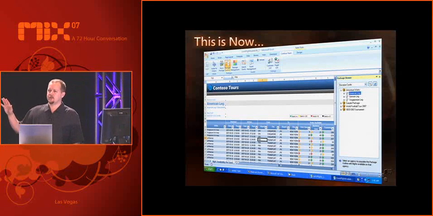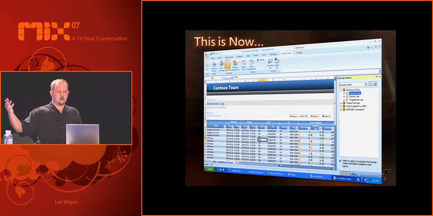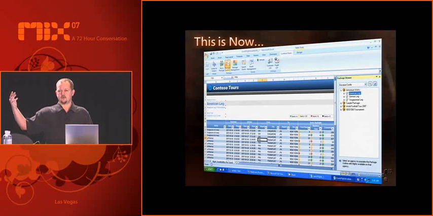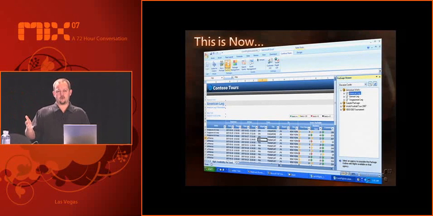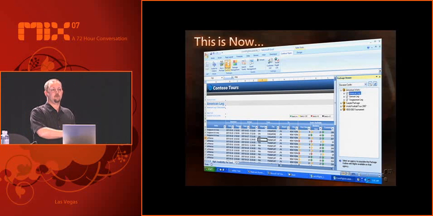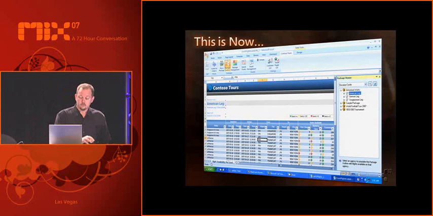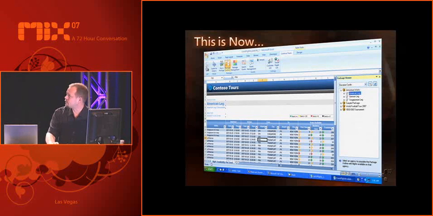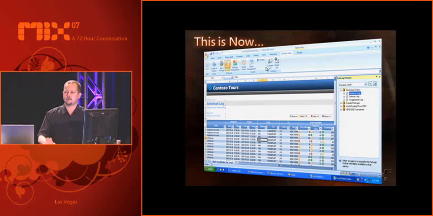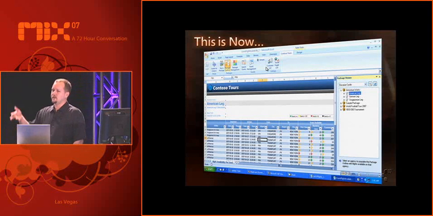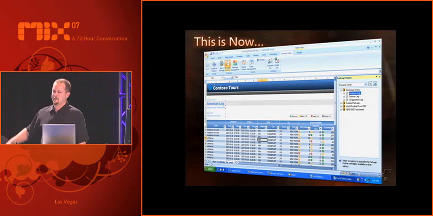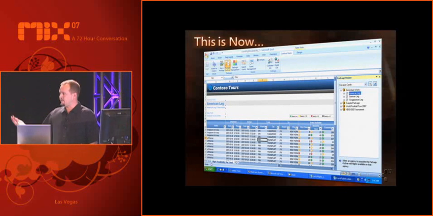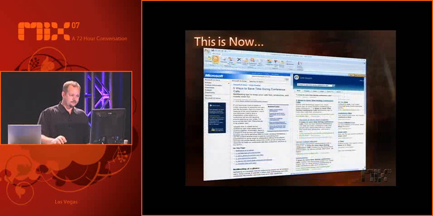And actually, let me ask one question. So custom ribbons, does anybody know what the ribbon is? Great, so we have some people that don't know what the ribbon is, and I will get to that, but to point it out, this is the ribbon up here. These are all the ribbon buttons. We have lots and lots of different control types, and I'm actually going to show you how to develop this entire application. So you'll see what the experience is like when you're talking about developing these types of apps.